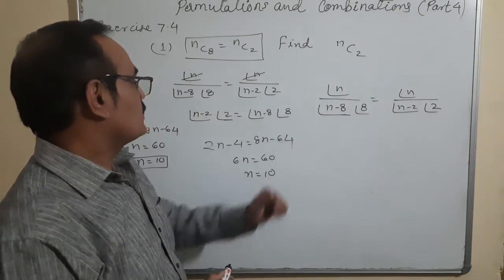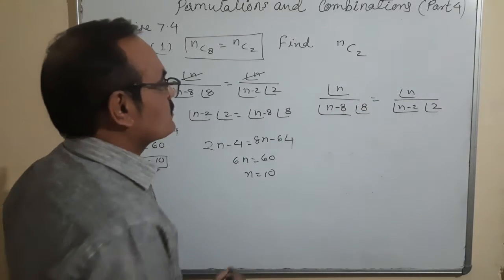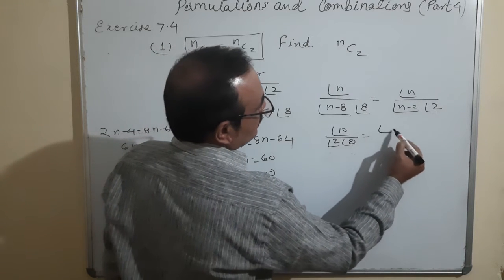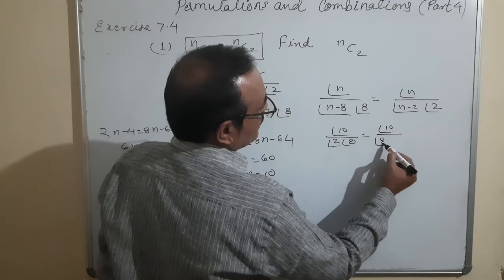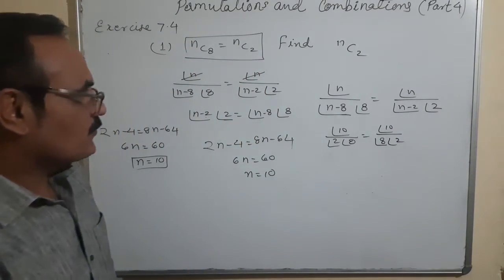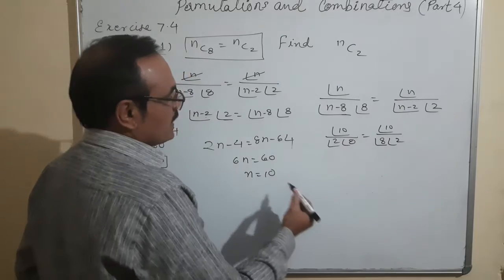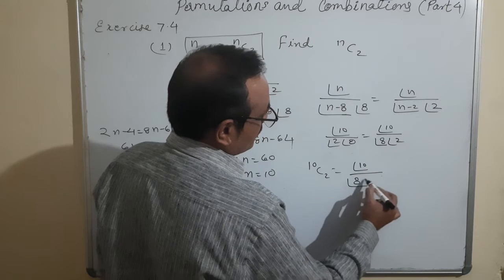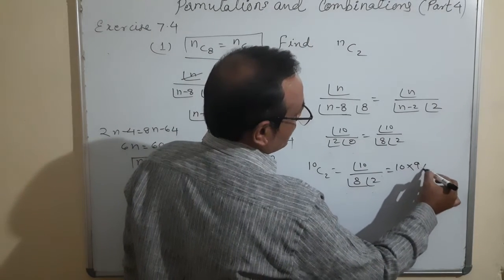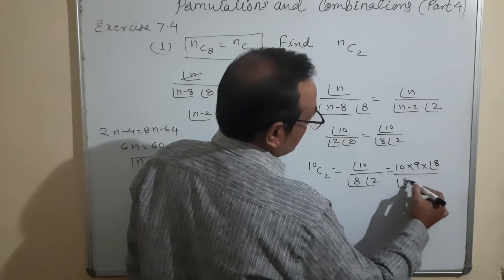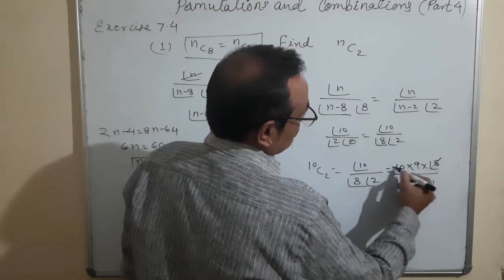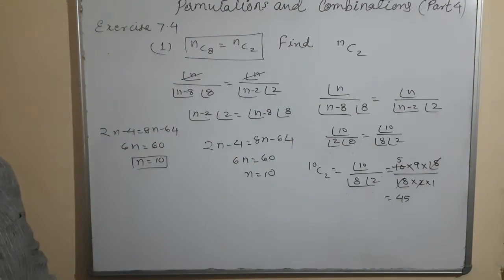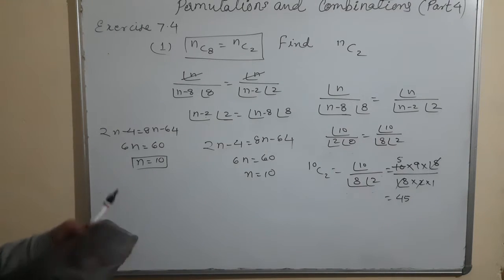The value of n is equal to 10 when we write here. So you can verify both the terms are there: factorial 10 upon factorial 2 into factorial 8, factorial 10 upon factorial 8 into factorial 2. They are the same. Okay. So find nC2. That means we are going to find the value of 10C2. What is 10C2? Factorial 10 upon factorial 10 minus 2, 8, and factorial 2. So I write 10 into 9 into factorial 8 upon factorial 8 into 2 into 1. Cancel. 2 fives are 10, 9 fives are 45. Okay. Got it? So that is question number 1.